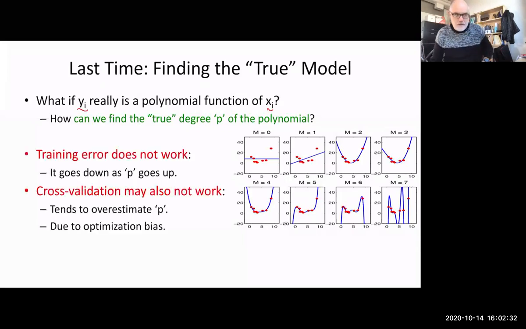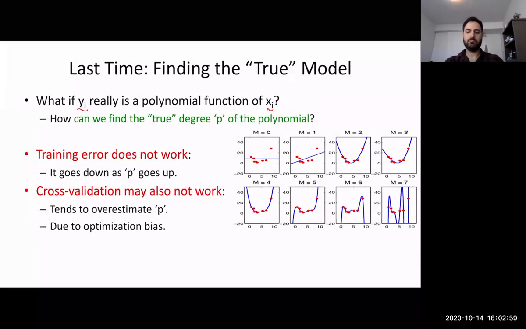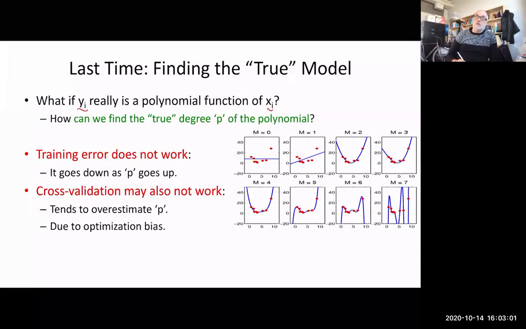We all understand by this point that if we simply try to minimize training error, that's not going to work, because training error will go down as the degree of the polynomial goes up. And we talked about the fact that cross-validation might not even work, because it will tend to slightly overestimate p